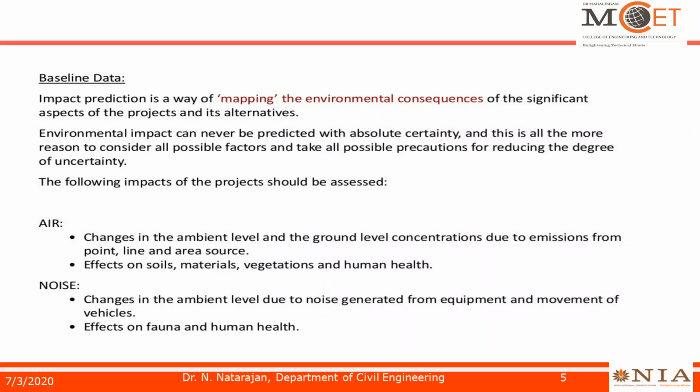As I said, we'll have to look at the basic parameters like air, noise, water, soil, etc. So when you take, for example, air, what we'll have to see is the changes in the ambient level and ground level concentration due to the emissions from the point sources, line sources, and area sources. So briefly, I'll tell what these point, line, and area sources are. Point sources, like when you have an industry with a chimney, and the chimney is emitting a lot of smoke, that is a point source. When you have a line